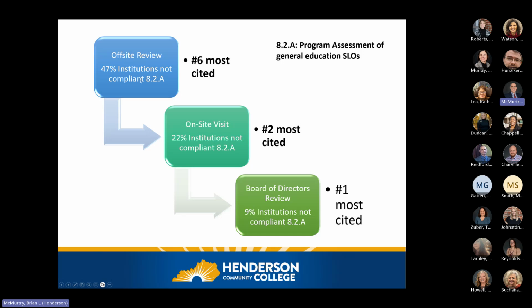And we never want to get beyond that offsite. We really want to cruise through the offsite so that it never gets down to that third level of review. But just so we know that program assessment of general education, not general education, but of program SLOs, is something that we have to have an eye on. And then 8.2.C, that's going to be academic and student services that support student success. It's the ninth and the fourth and the second most cited